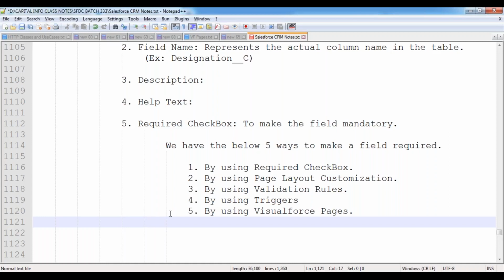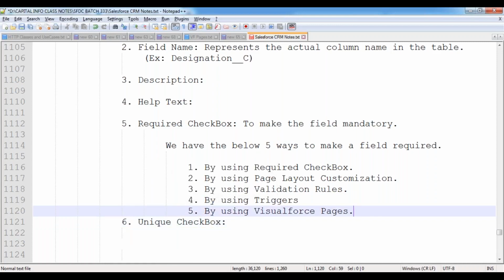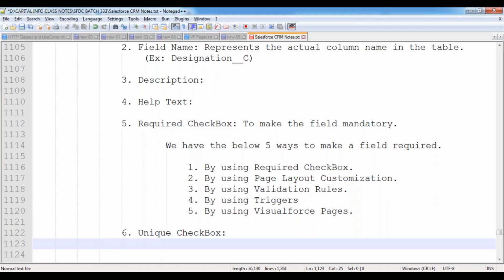Now this is the next one, the sixth property: the unique property. That means the unique checkbox. So what is the use of this property? This property is used to make that column value unique. That means in the column, the same value you can